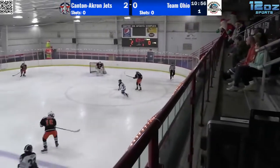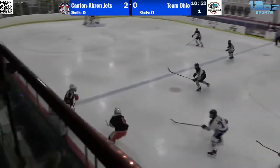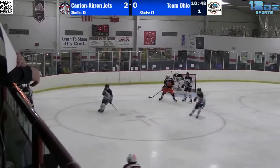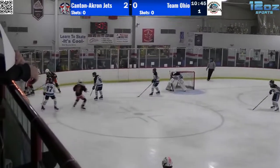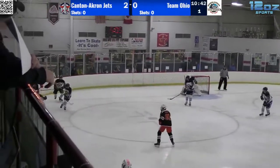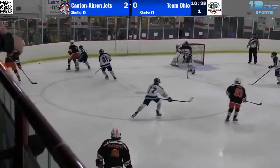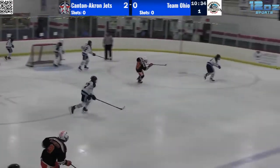McCarthy banks it off the boards, gets it out to center. That's right to the stick of Austin Luke. Couldn't make a play, however. Taken away by Ramos. Into the zone down the left side. Spins in the corner. Double press, first cycle. Got the puck away from him for a moment. And trying to pry that puck away. Ramos, off the stick with it for just a moment before Domin picks it up, sends it around the